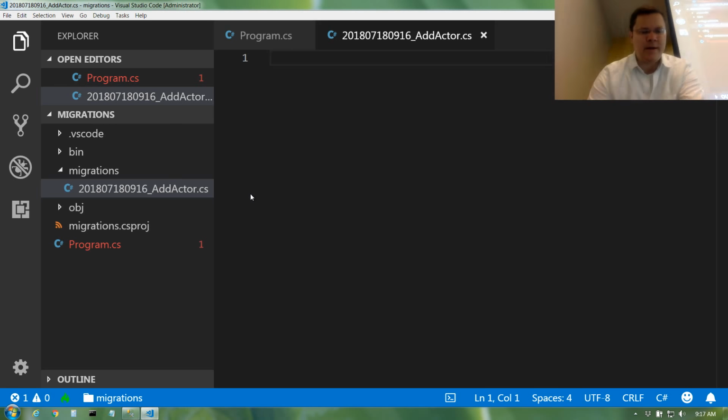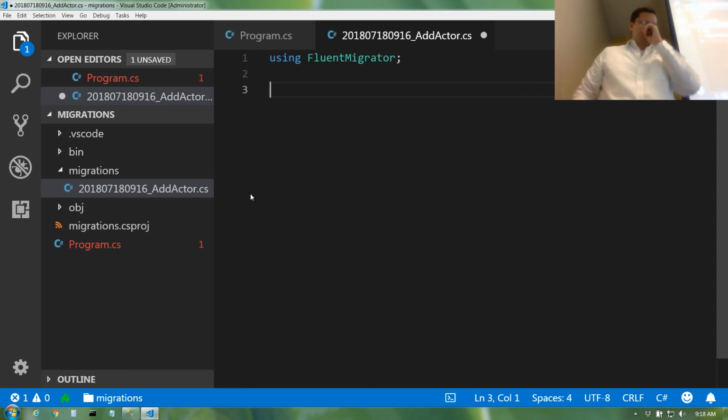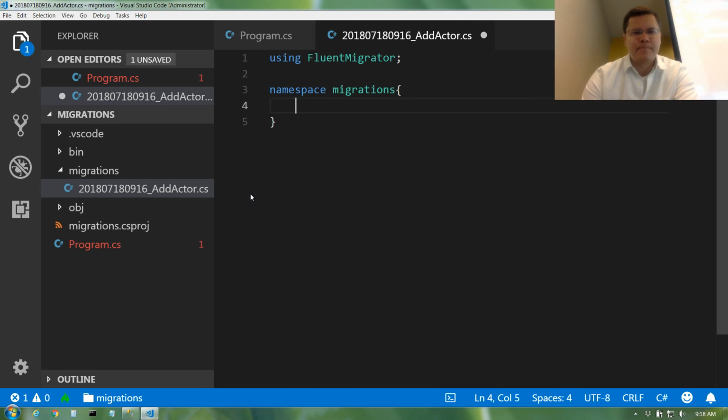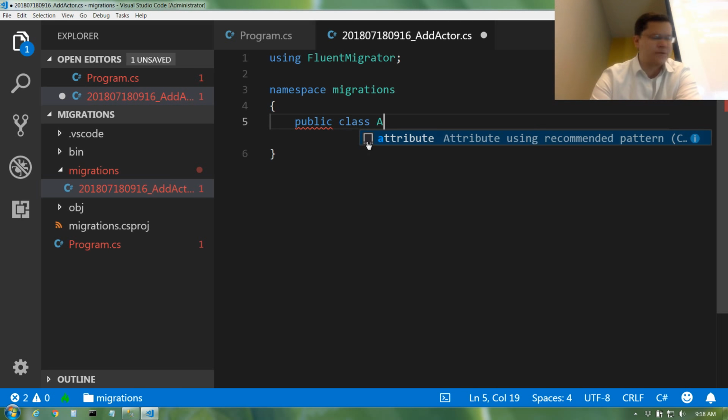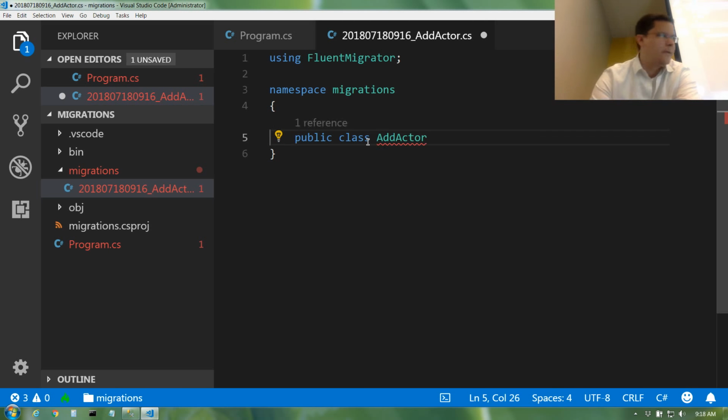And the only thing we need in here is a single using statement. This one's going to be a lot simpler. All we need to do is use Fluent Migrator here. So we'll add our namespace, migrations, and then let's go ahead and create our class, and then we're going to decorate it. So let's create our class. This will be called add actor,